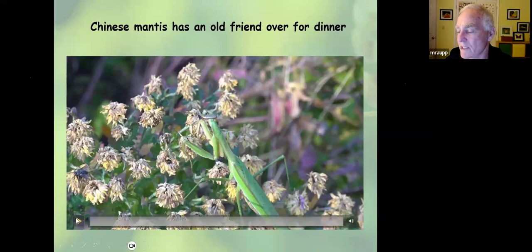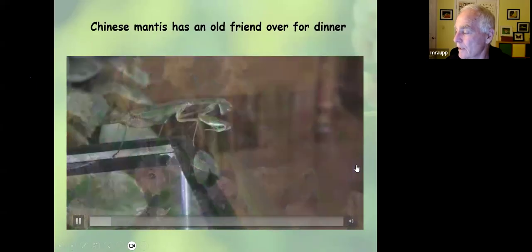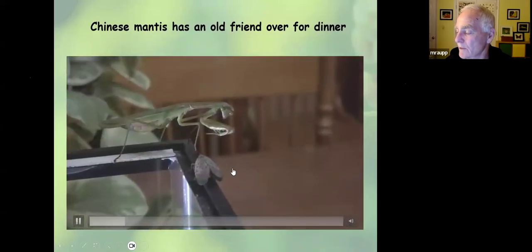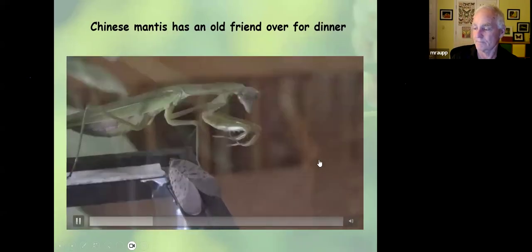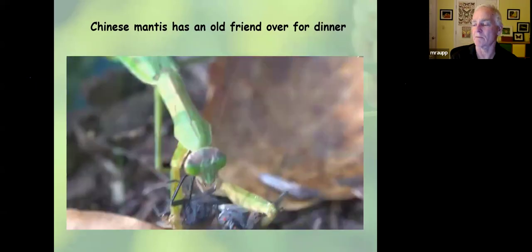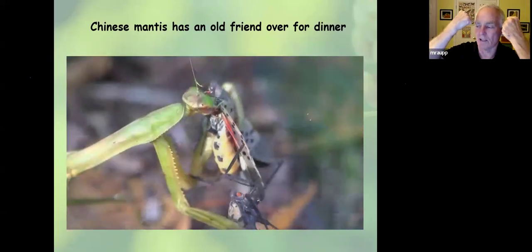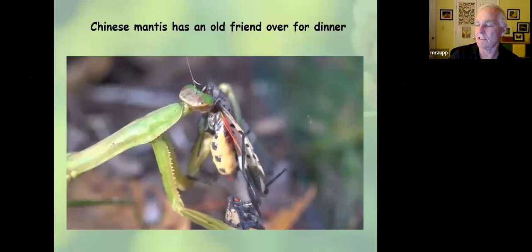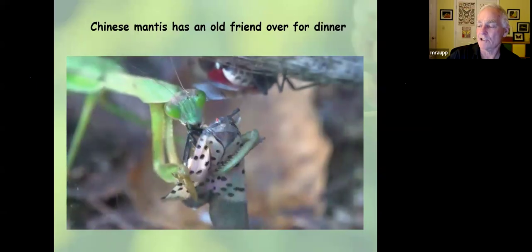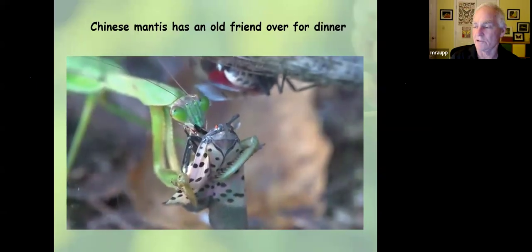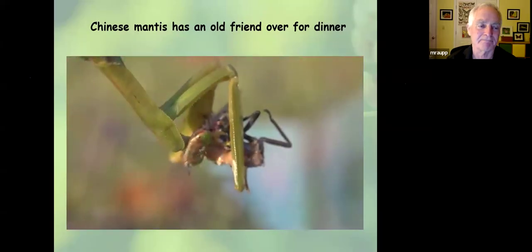So what I did is I invited her in. I invited her in to see my lanternfly collection. She seemed interested. She jumped down in the terrarium. She grabbed one lanternfly in one arm, a second lanternfly in the other arm, proceeded to eat the thorax. She then dined on leg of lanternfly before going for the sweetbreads.